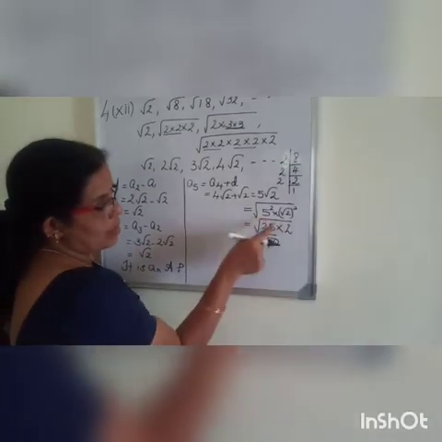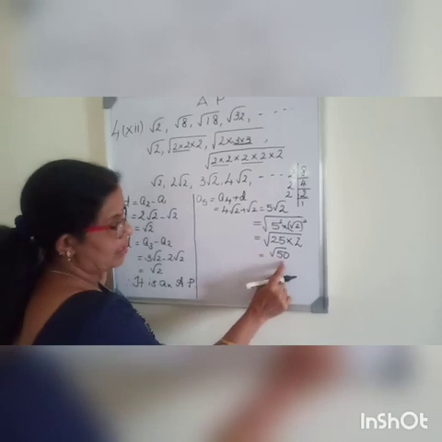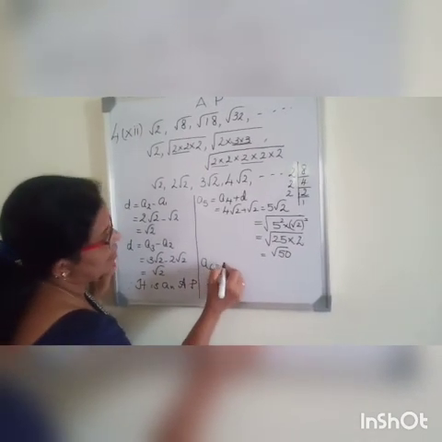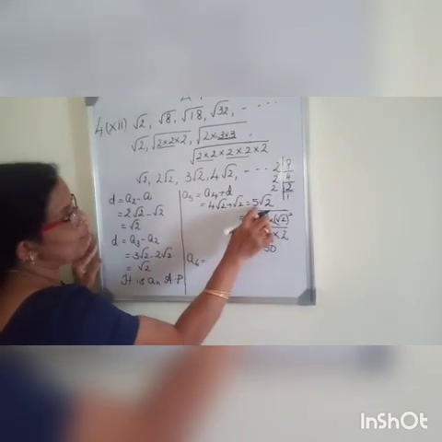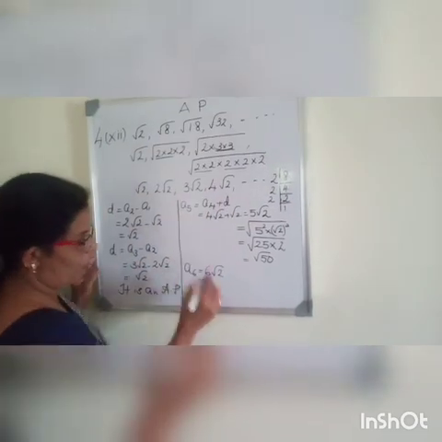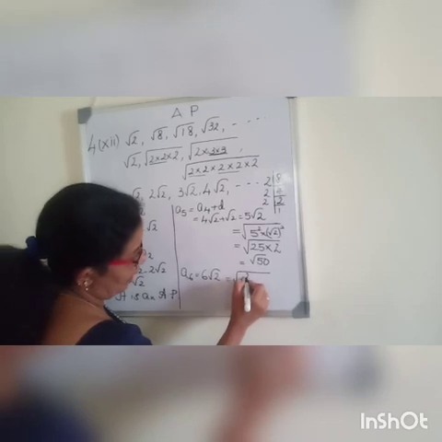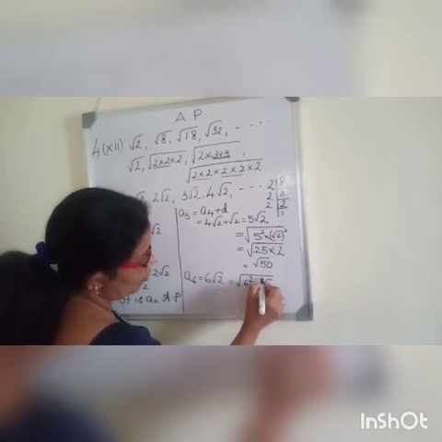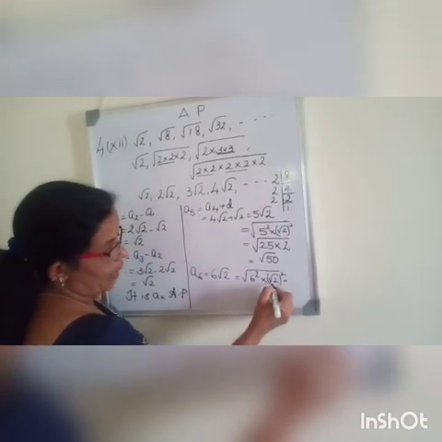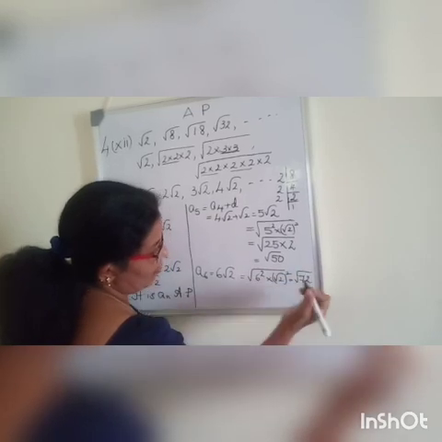So did you understand this? Root 2 square, I will write it once again and show you later how we are getting this 2. Next term is the sixth term, A6. Directly I will write, 5 root 2 means the next term will be 6 root 2. To convert into this form, we have to put a root and take the square of both numbers. That is 6 square into root 2 square. 6 square is 36. Root 2 square is 2. 36 into 2, root 72 you will get.